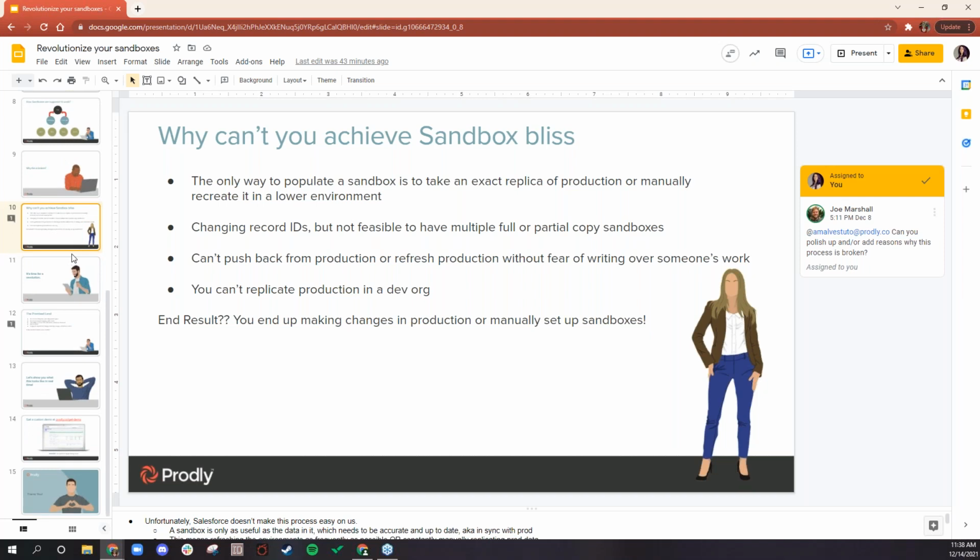Another question we got: is Appops any different than Mover? So Mover is where we started. Mover and Appops, we are still Prodly. What you are seeing is the next evolution of Mover. Does Mover still move your records from A to B? Yes, but we do so much more now that we were selling ourselves short by calling ourselves just